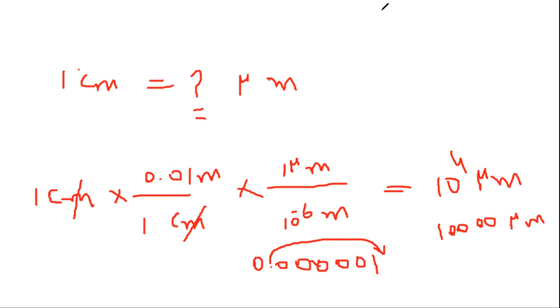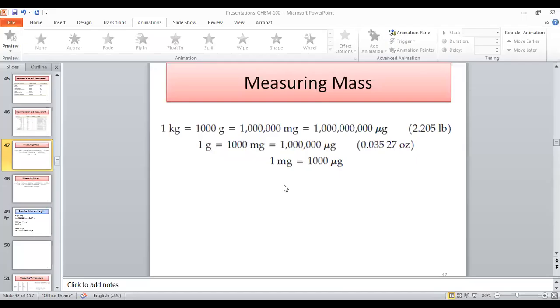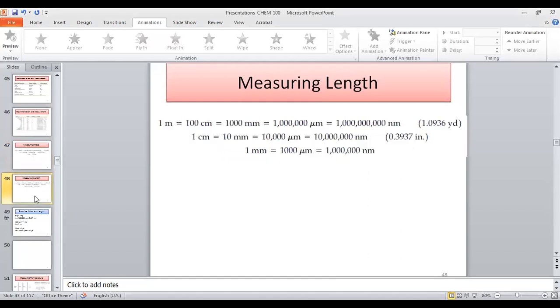Let me show you, because I have only 2 minutes, this is the conversion we have done right now. 1 centimeter equal to 1000 micrometer. This is the conversion we have calculated right now. So don't worry about what is written. This is the final answer as an example, and you can use this in any calculation. Okay, this is all about the